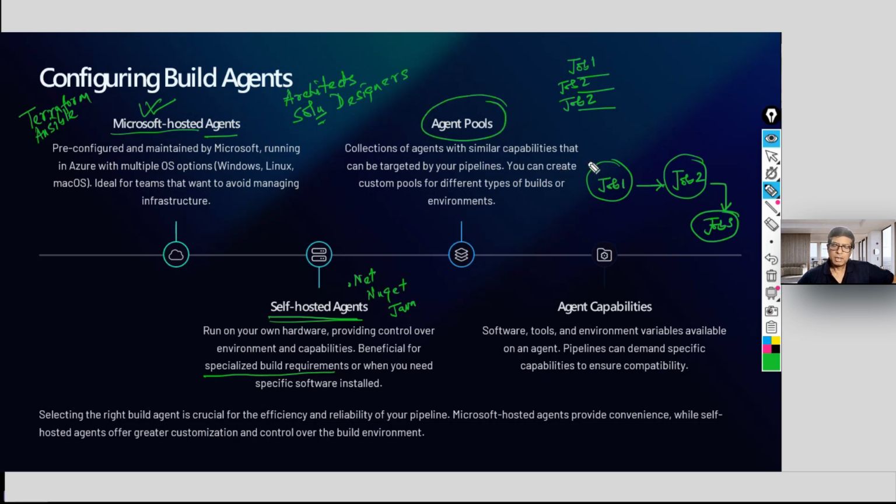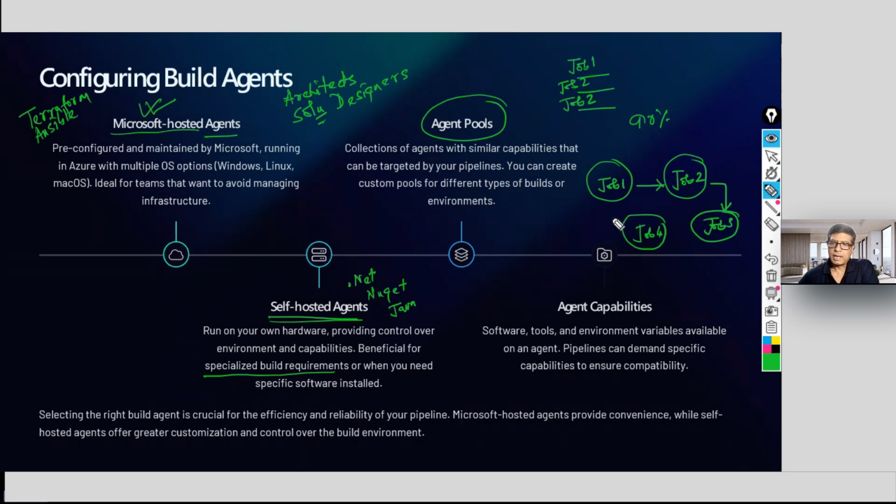But generally, to start with, we are very good with Microsoft hosted, because pipelines are very fast. So you do not need to worry. And most of the jobs, you remember, 90% of your jobs are all sequential. I mean, there will be some dependency. Yeah, few of them might be like this. There is job 4. Job 4 will have a dependency. You will set a dependency that unless job 2 and job 3 have completed, you cannot start job 4.